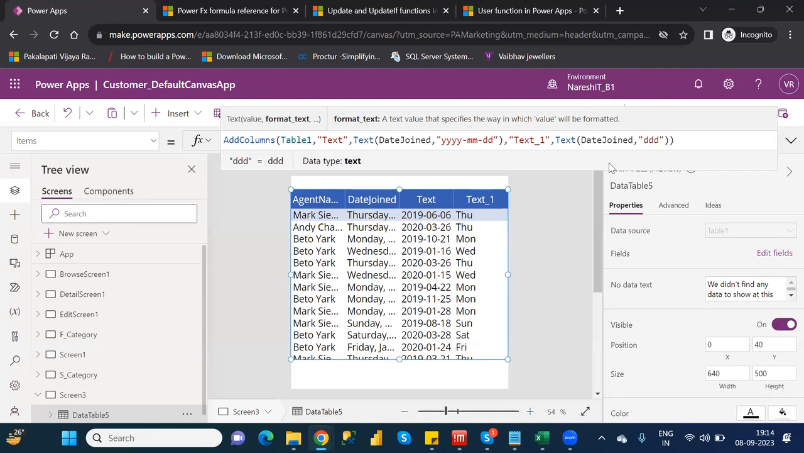If you are giving three Ds, it means the shortcut of the week name. What is that? Shortcut of the week name. If you are giving four Ds, it means the full week name will be displayed. Understand clearly? Full week name will be displayed. Suppose, for example,